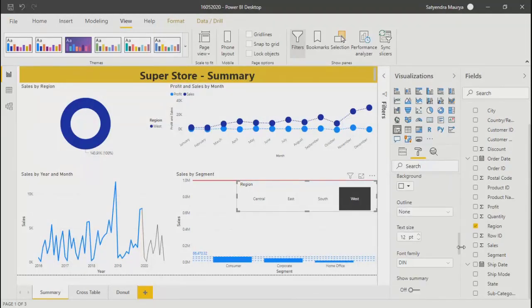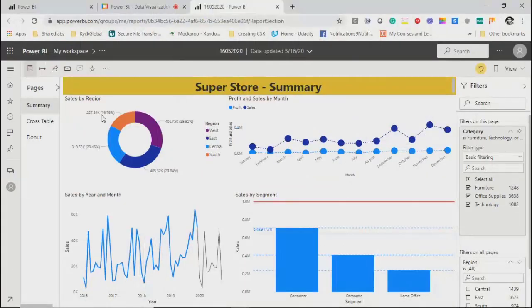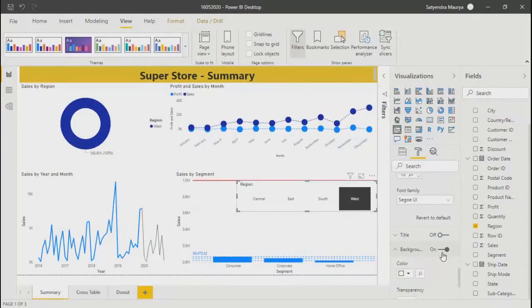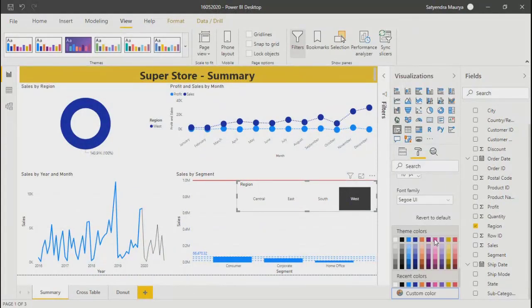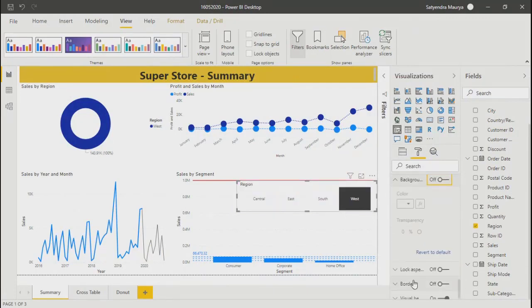We need to see that in the property. It is somewhere in that property itself. Borders are there.